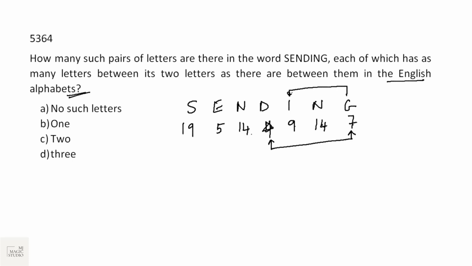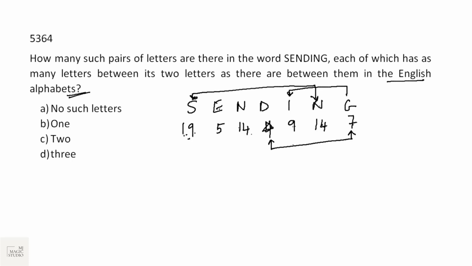These two are matching. G, then we have H, then we have I. 14, 15, 16, 17, 18, 19. These two are also matching. 14, 15, 16, 17, 18, 19. Then we have 9, 10, 11, 12, 13, 4, 5, 6, 7, not matching, 14, 15, 16, 5, 19, not